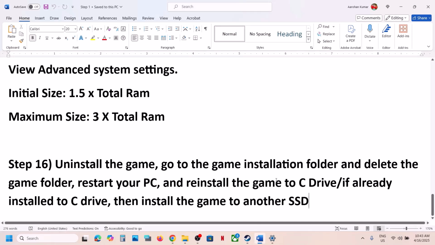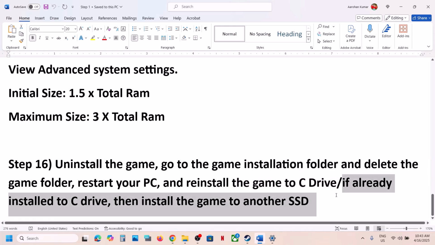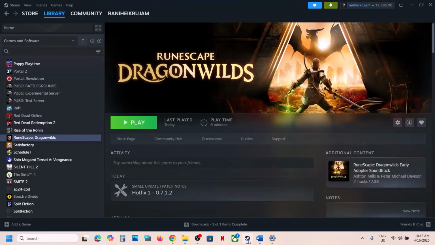So if the game is installed to a different drive like E drive or F drive, any external drive, try to install the game to C drive and then check. If the game is already installed to C drive, then try to install the game to another SSD and then check. So one of the steps shown in this video should help you to run the game successfully on your